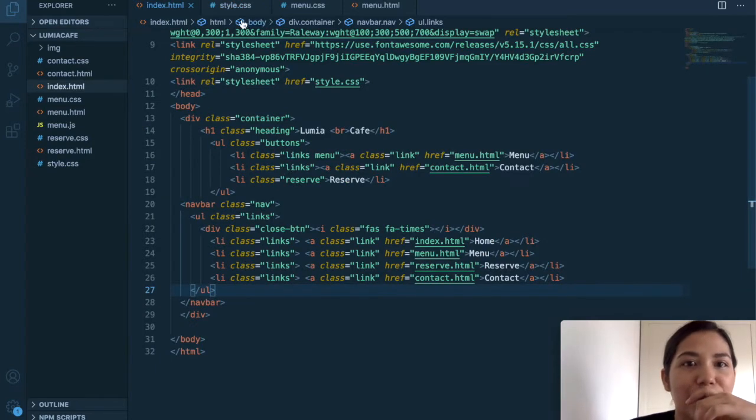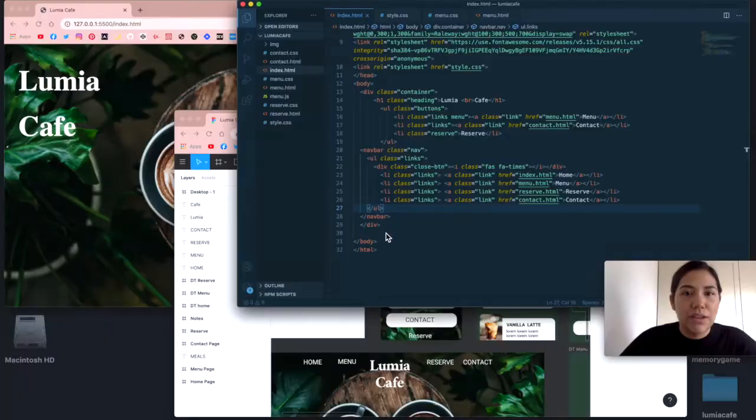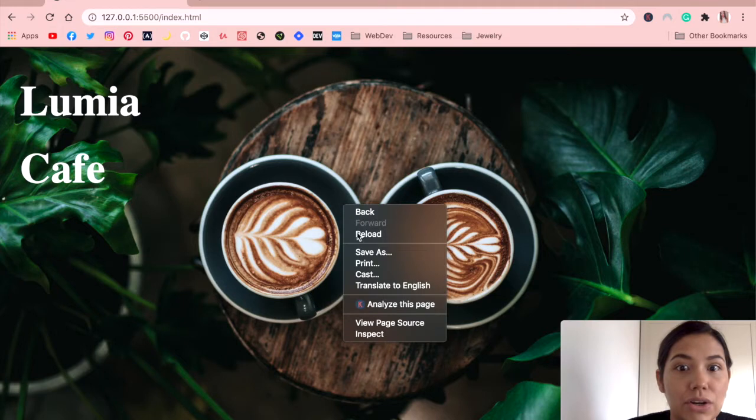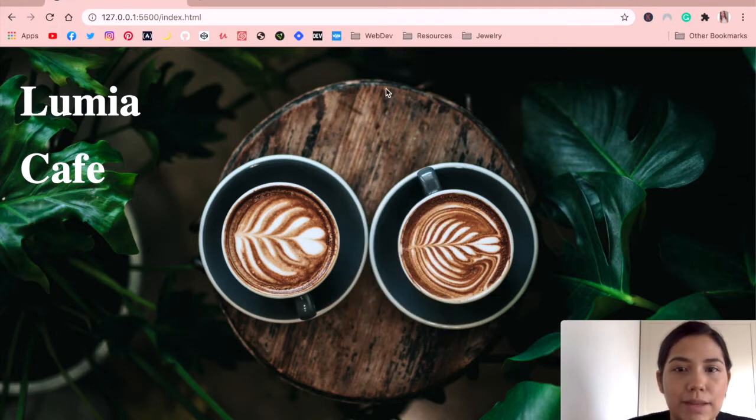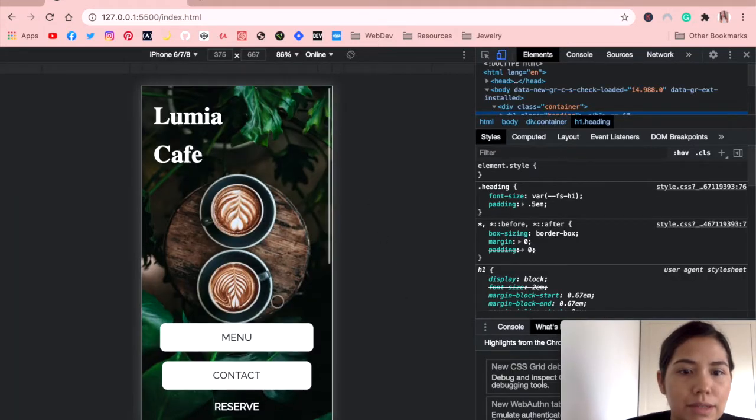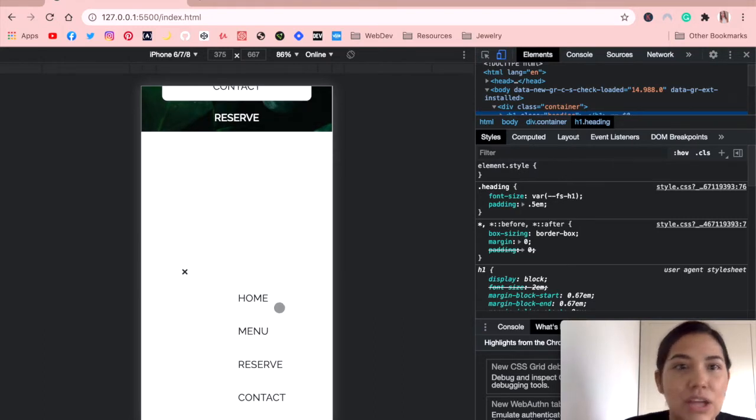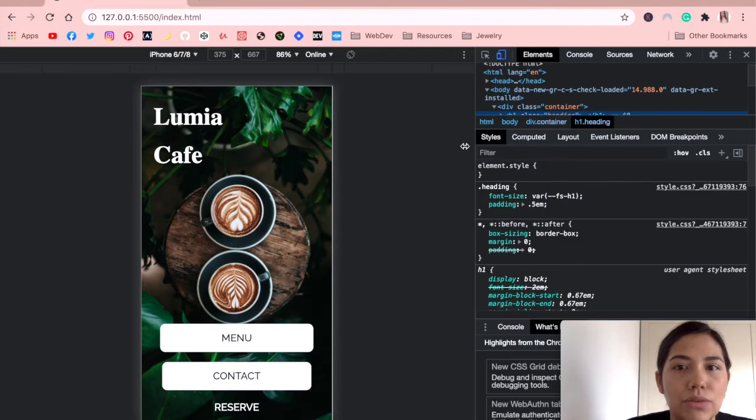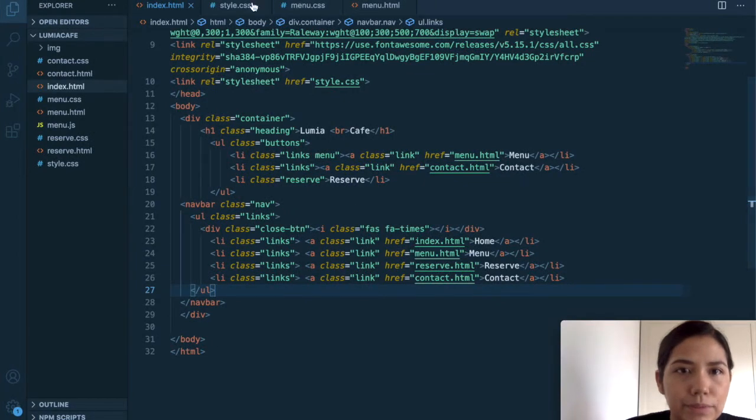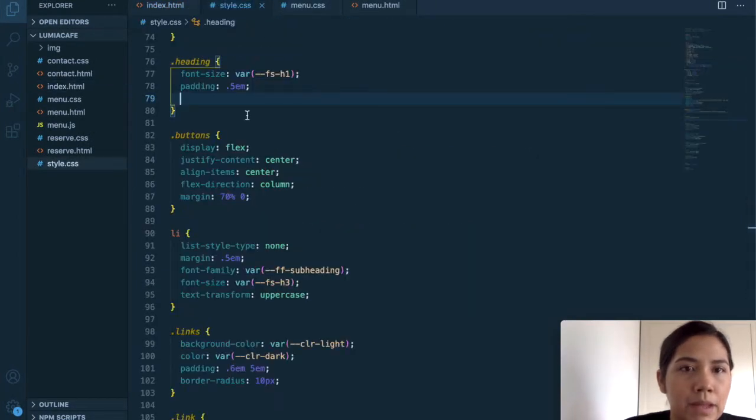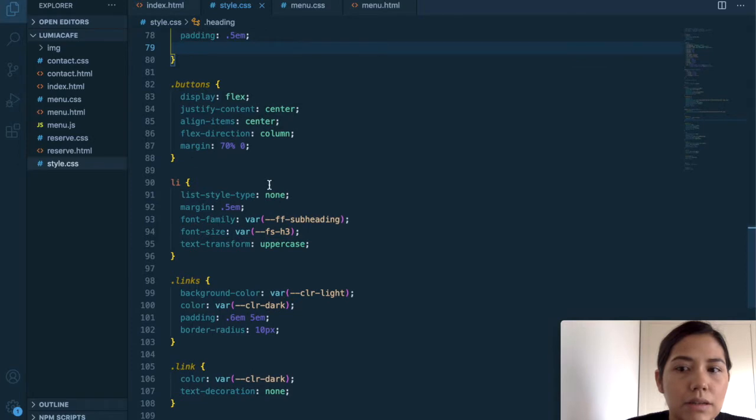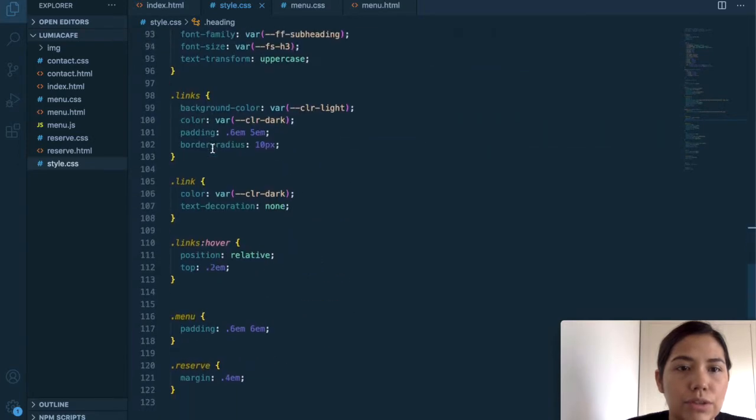Okay, so we have the nav bar, but now if we look at the mobile version, it's going to be there. Let's go inspect. You see, the nav bar is there. So what we need to do, because obviously we don't want that to show up, is, for the mobile version,